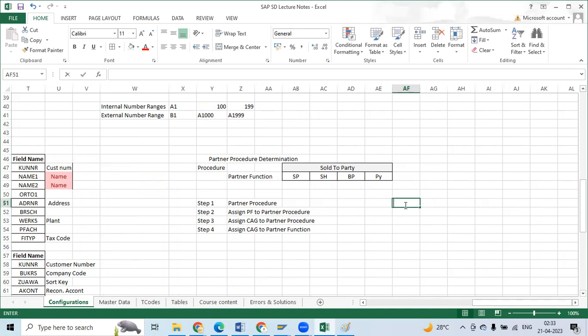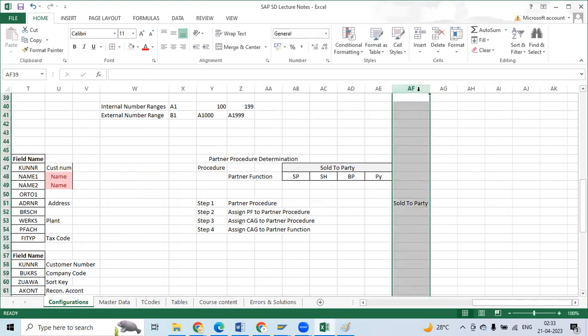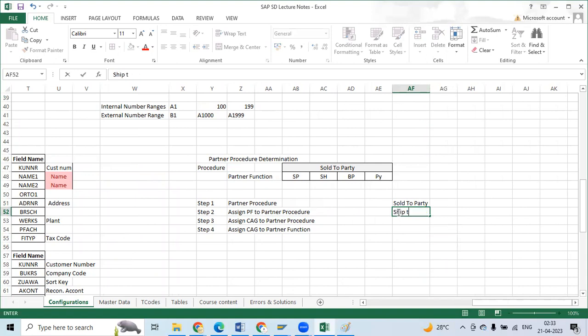So who is a sold to party? Let us say that you are ordering something for your friend in Amazon. So sold to party, ship to party, bill to party, and then payer. So in our example, let's say that you're buying something for your friend